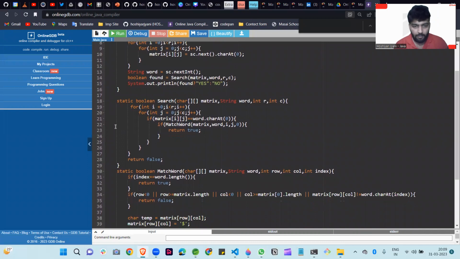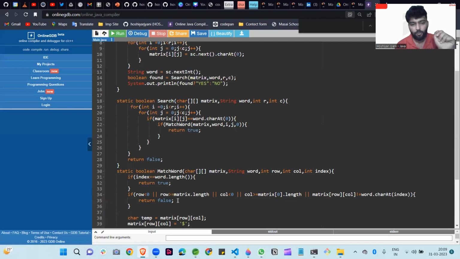After that, this is for the search. If we find a single character at any position, where matrix of ij equals word.charAt(0), like the first character of the word equals matrix of ij, at that time we call this match word.